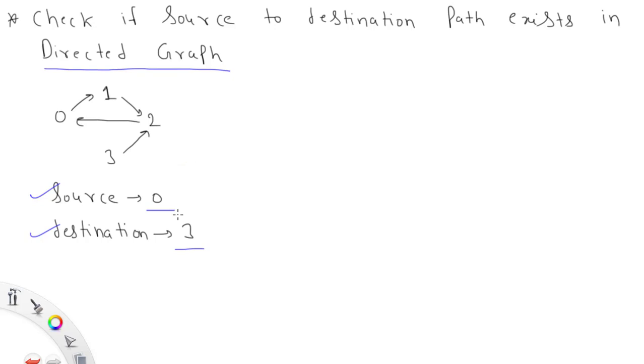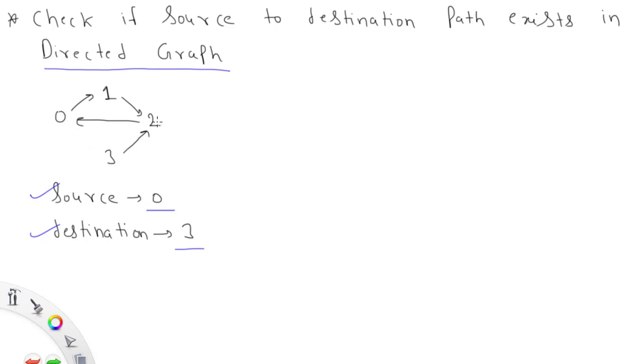So now if you see in this case, here we have 0 and 3. There is no such path from 0 to 3 because there is a path from 0 to 1 and 1 to 2. So it means if there is a path from 0 to 1 and 1 to 2, I can go from 0 to 2. But there is no such path from 2 to 3. Here we also have a path from 2 to 0, but again there is no path from 2 to 3. Let's say if there was a path something like this, then it was possible that a source to destination path is there, but here from 0 to 3 it's not possible.